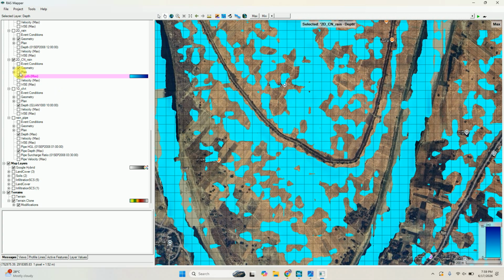Okay, so here you can see that this is basic rain on grid modeling. In this rain on grid modeling, I have applied everything like infiltration, curve number, and everything in this model. And at a particular precipitation, I got this much inundation at these places. After that, you are seeing there is a sufficient amount of inundation at both sides of the road.